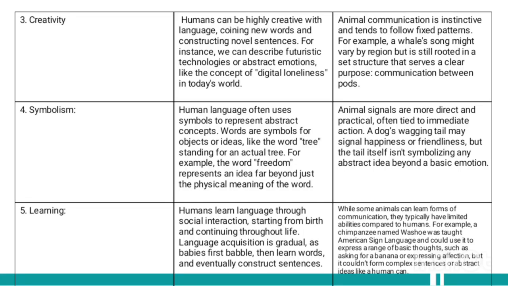For example, Washoe the chimpanzee was taught American Sign Language and could use it to express basic thoughts, like asking for a banana and showing affection. However, she could not form complex sentences or discuss abstract ideas like humans can. Other animals like dolphins or apes can also learn specific signs or sounds to communicate, but their communication's depth and